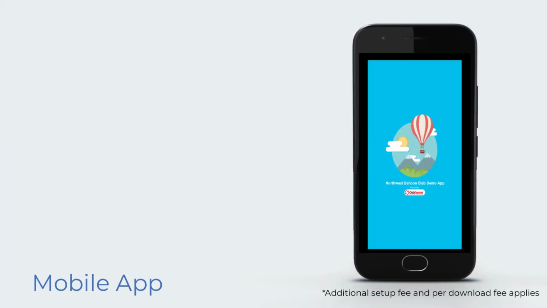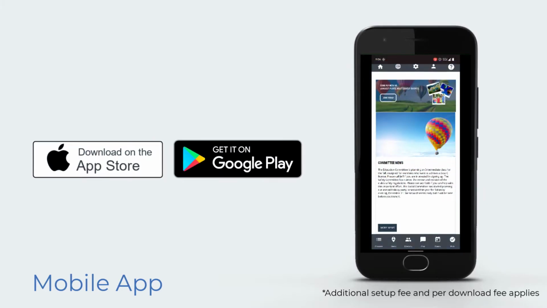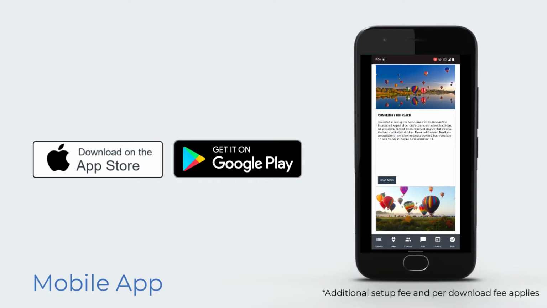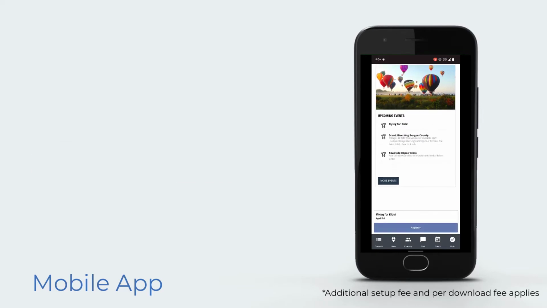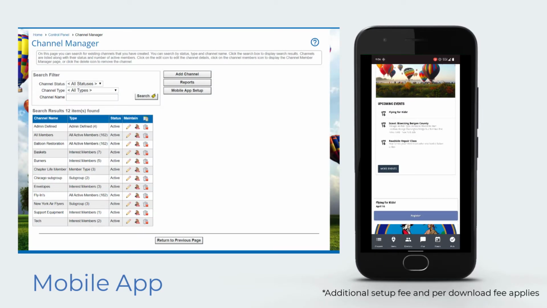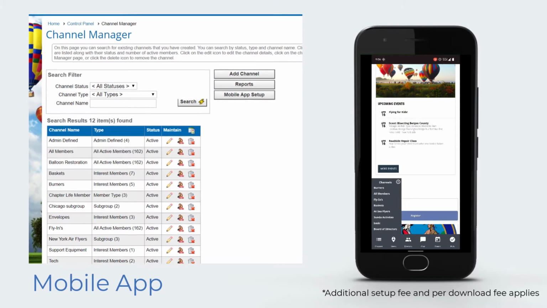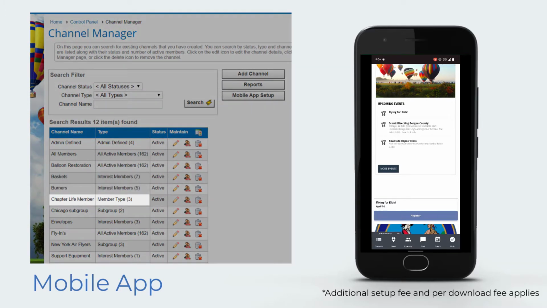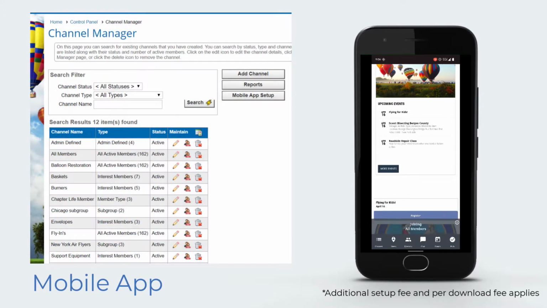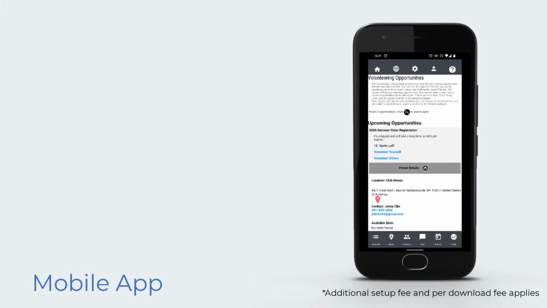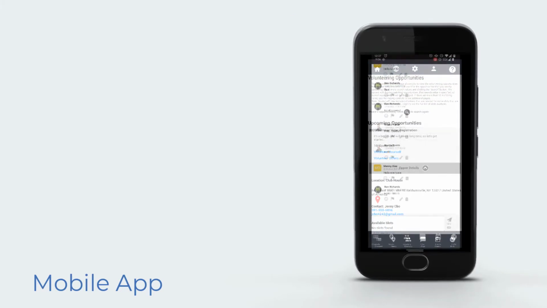For a small one-time fee, we also offer an optional branded mobile app for iOS and Android users to give them access to your site on the go. You can make app features available to all members or organize your members into channels based on interest, member type, chapter, and more. Members can access content on your website in addition to app-only functions like chat,